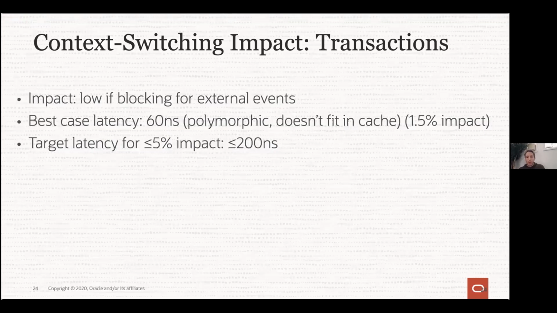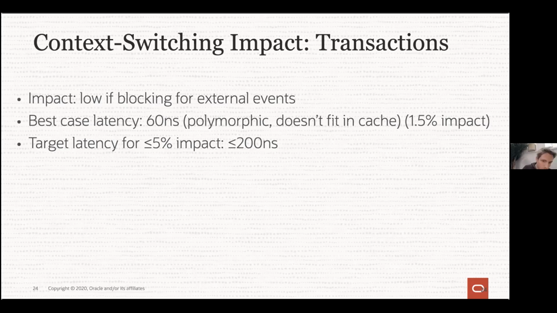Moreover, we're now dealing with many processes. There aren't particularly great compiler optimizations available for that case. The call site is polymorphic, and they can't all fit in the cache. So the most efficient context switch in the world would take us at least 60 nanoseconds, as we'll have at least a cache miss. Even if we do nothing, if we just change a pointer stored in a register, we'll get that cache miss. So the fastest context switch in this use case, where we have many processes, more than 2, or 20, or however many fit in the cache, is 60 nanoseconds. That's the best we could possibly hope for.